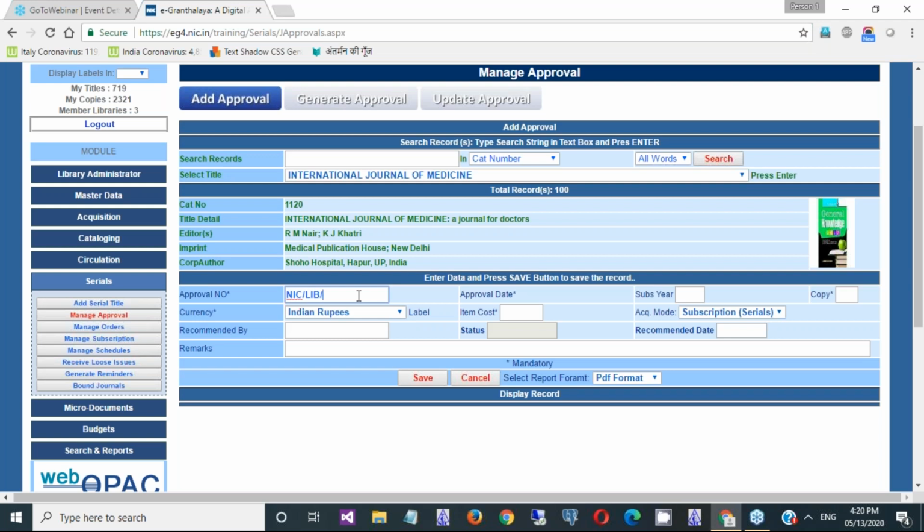Like in our library, 316 is the journal's file number, then the year, then the case number, for example, 54. So you can note it down, so that whenever you wish to club 100 magazines in the same approval, you give this same approval number in all the 100 records.